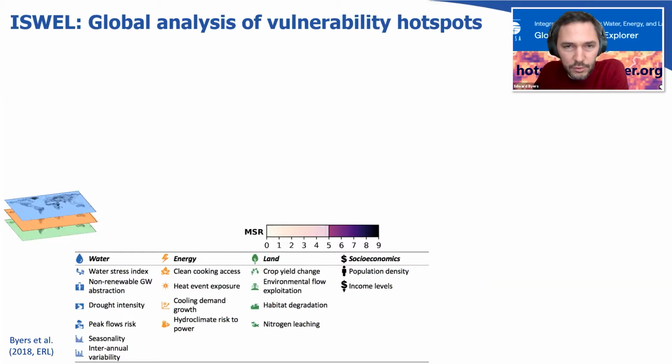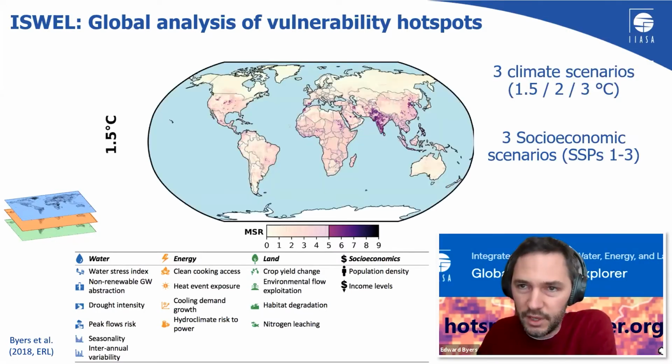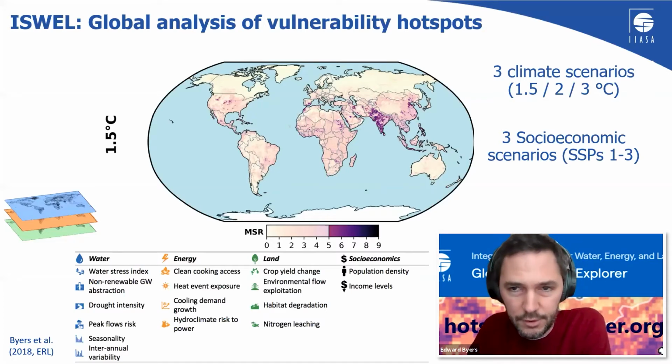To do this, we developed a number of spatial indicators, for example, drought intensity, heat waves, changes in crop yield, and importantly, not just current situation, but under different climate change scenarios and also under different socioeconomic scenarios. We call these SSPs, and these describe a future with sustainable development goals and good progress on education and environmental quality, or futures with high inequality, for